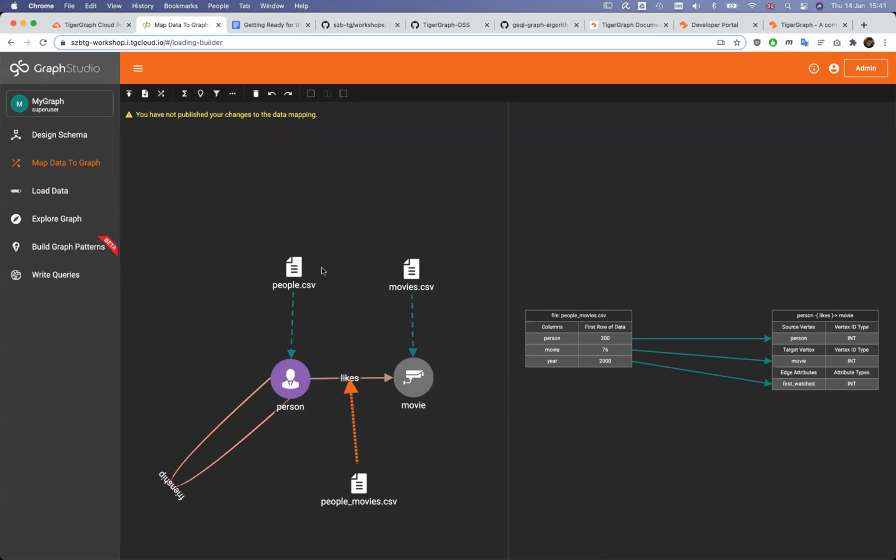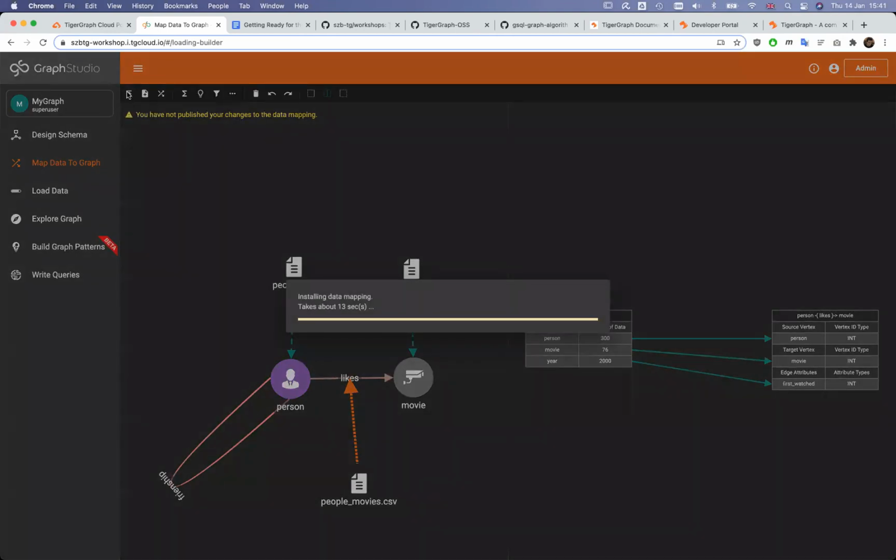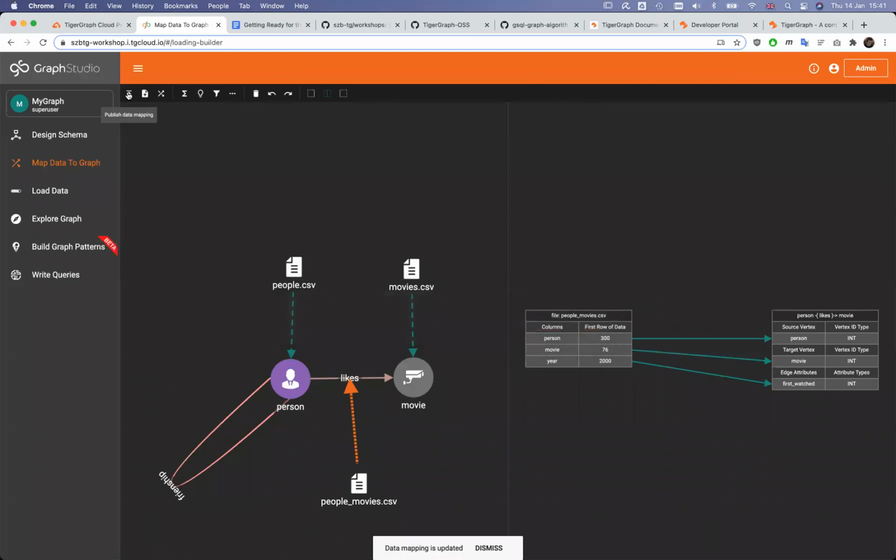Again, this mapping so far exists only in the Graph Studio interface. By clicking on this upper row icon, I can persist these mappings in the database. What happens in the background is PyTigerGraph generates loading jobs. It converts these visual mappings into GSQL statements and creates the necessary infrastructure to be able to execute these loading jobs. These will be repeated executions most of the time, so we save these as a unit, as a loading job, for regular execution later.